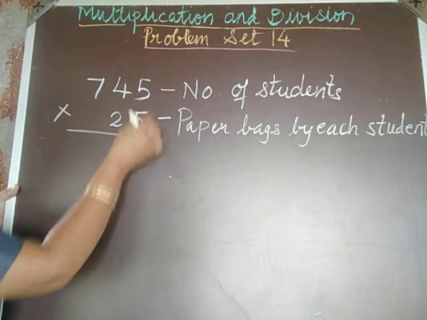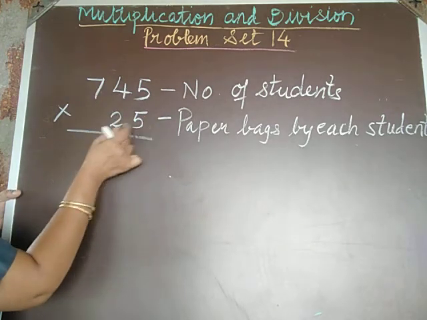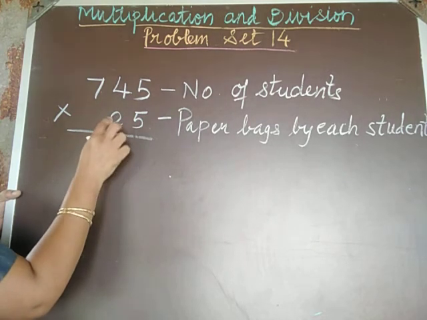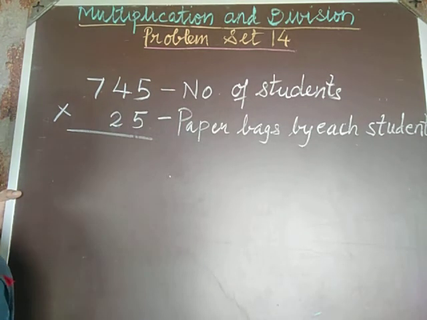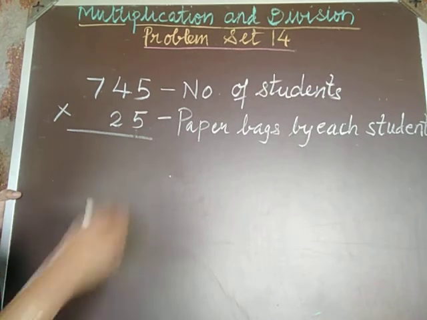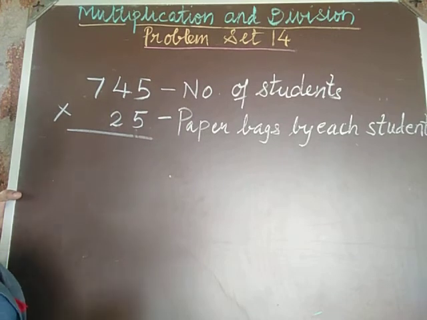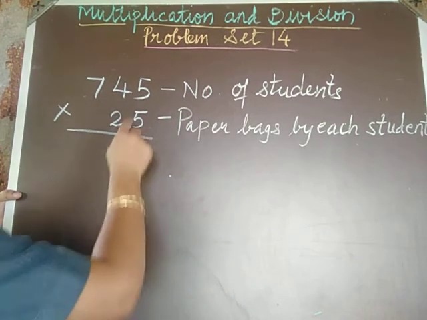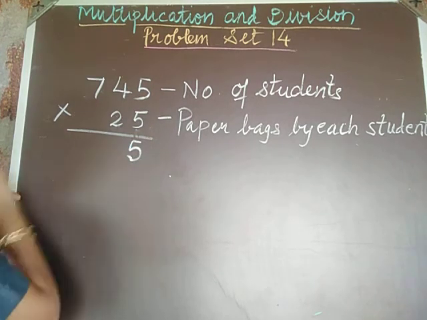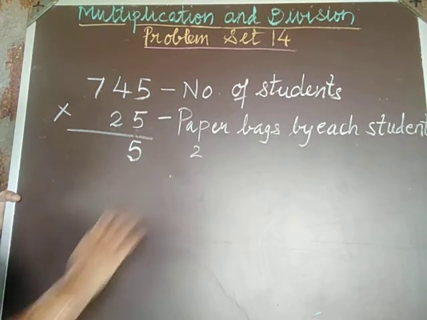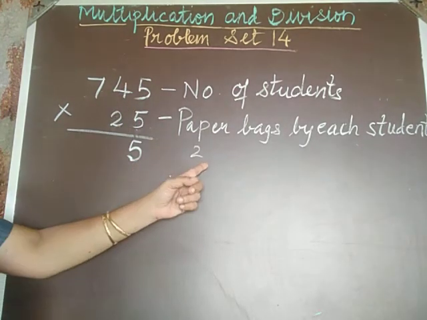First we have to multiply 5 with 5, 4 and 7, and then after finishing 5 we will take 2 tens, that is 2 multiplied by 5, 2 multiplied by 4, 2 multiplied by 7. Is that clear, students? So let's say the table of 5. You know 5 5s are 25. You have to say with me. 5 5s are 25. So you will write 5 here, carry 2. You can write it on the side also, no problem. So 5 5s are 25, carry 2.